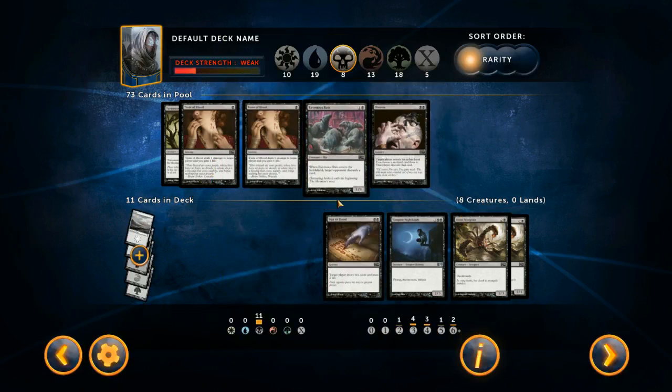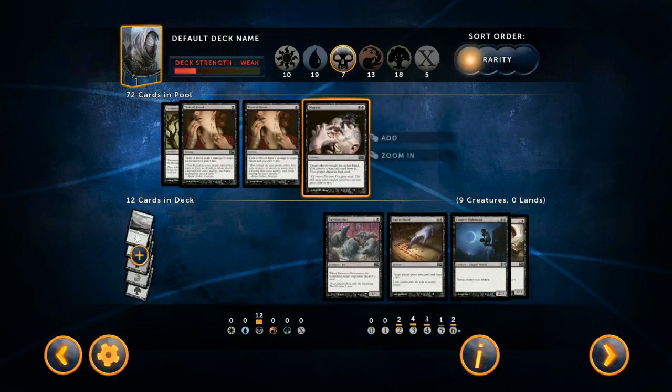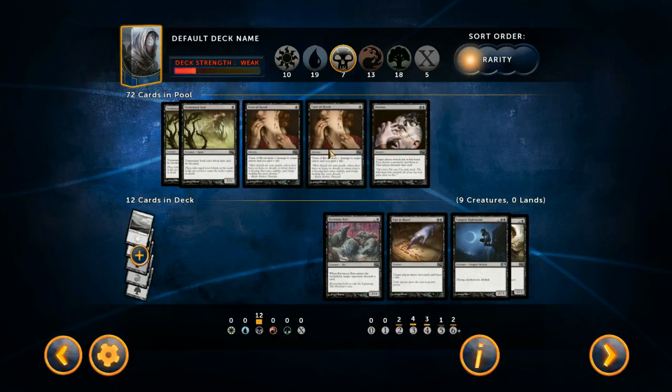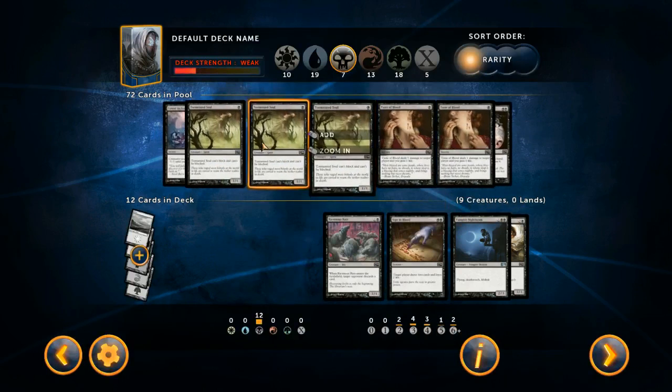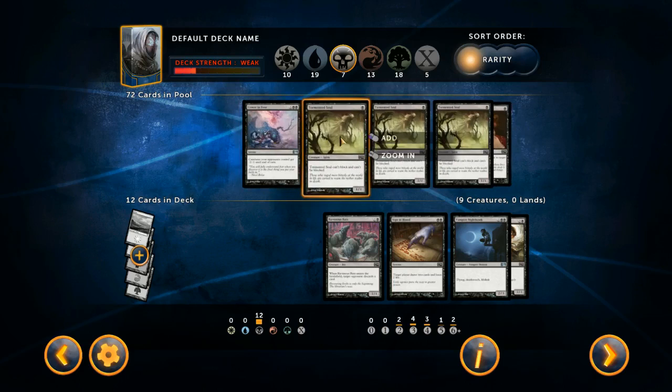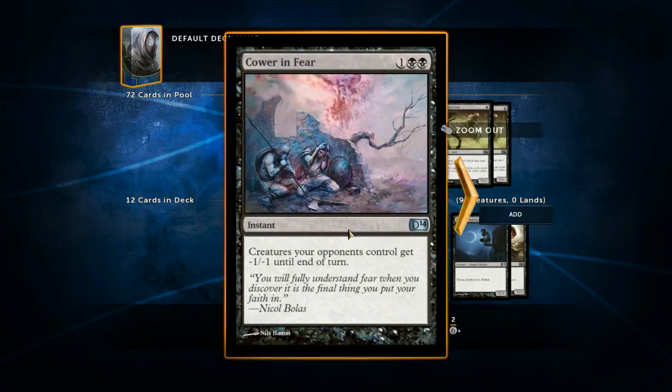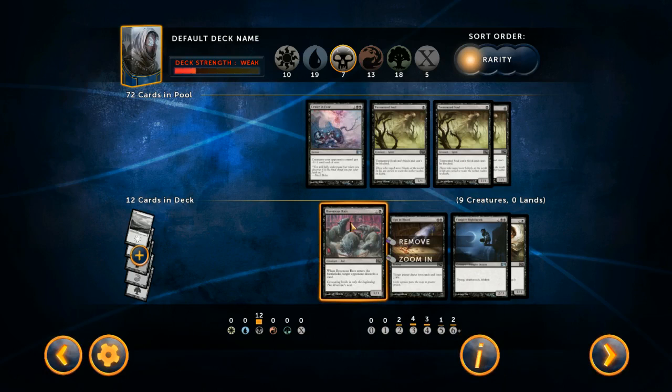Ravenous Rats is fine. I'm going to put in a Ravenous Rats just to decrease the total casting cost. Yep. And it also disrupts. That card is not useful at all. No, 1 damage to target opponent. We got so many of these, and we can't use them in our deck style. No. Alright, let's move on to...